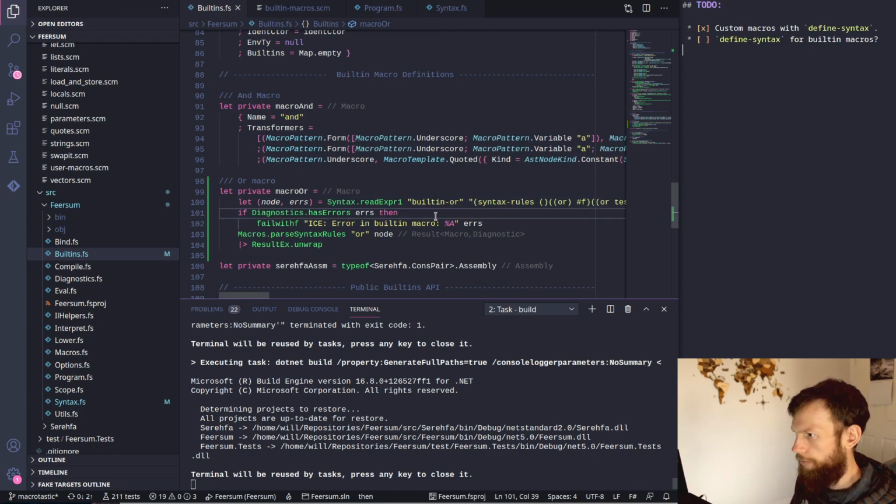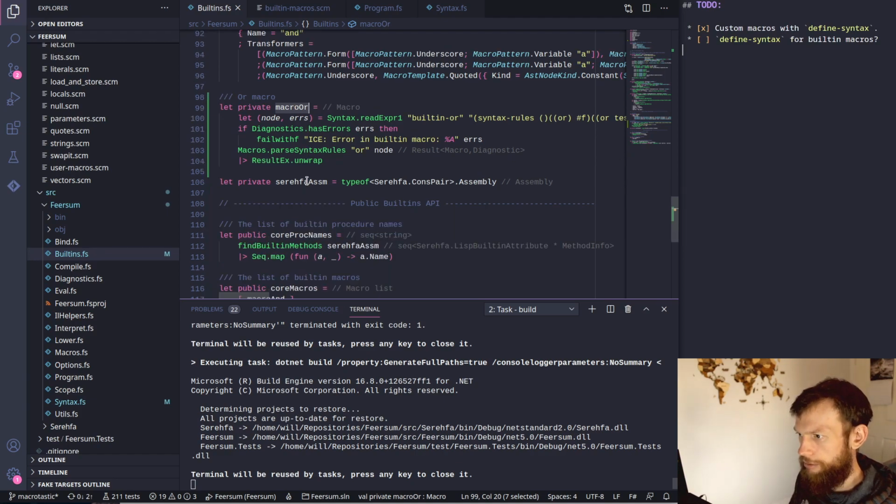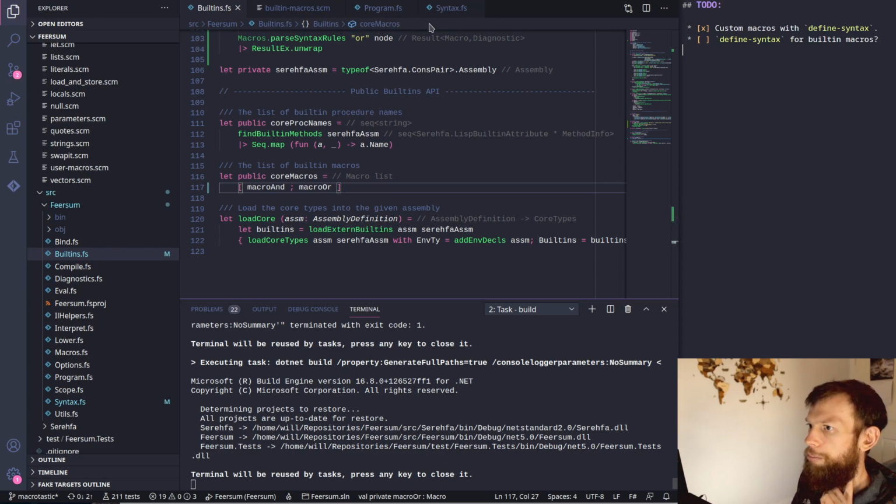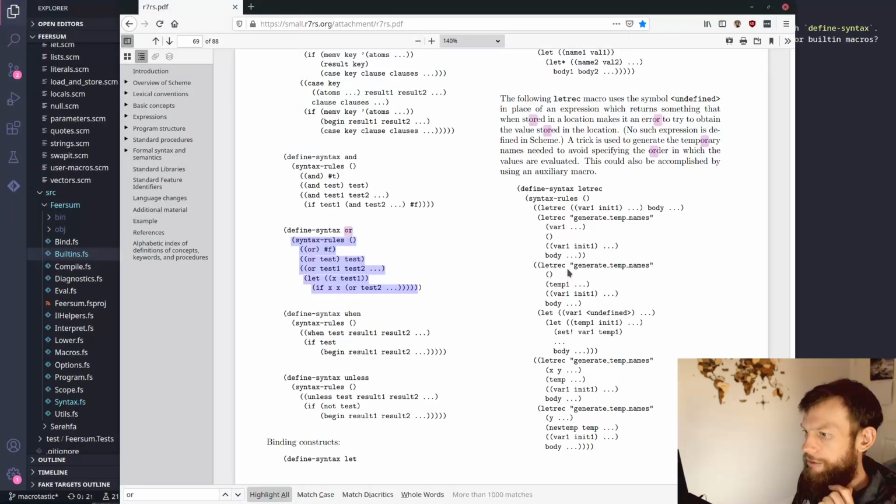So let's see if that works. We need the macro OR, and the macro OR we'd have to put that in here as well. Into call macros. In built-in macros, we'd want there to be